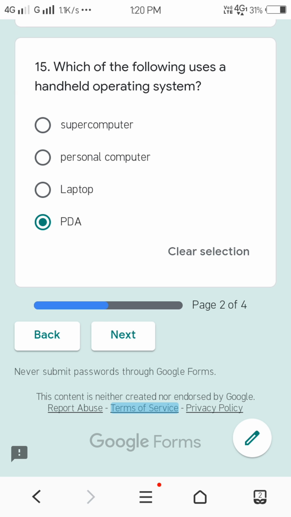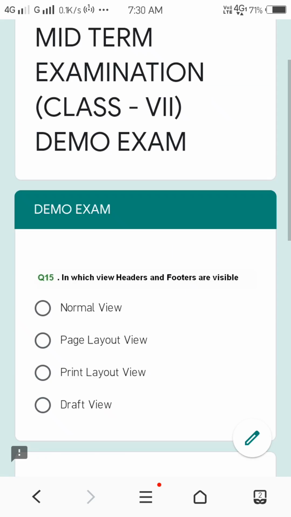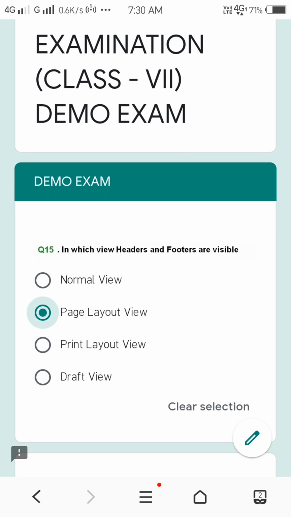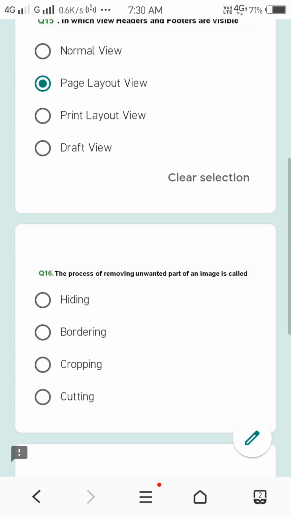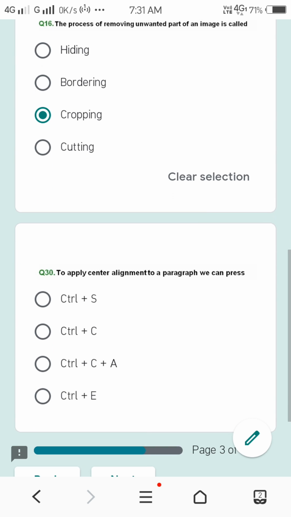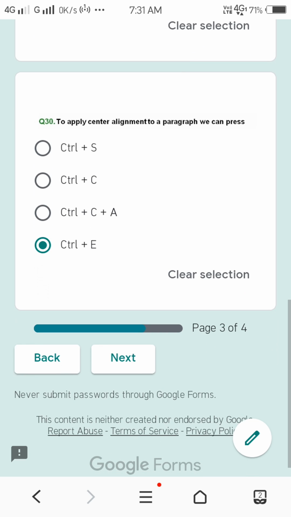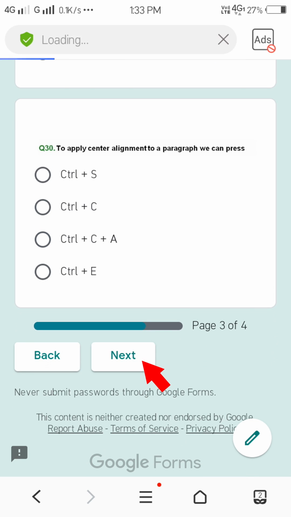We did all this only for your ease. To see the next 15 questions, click on the next button. In the similar way, to see the next 15 questions, again click on the next button.